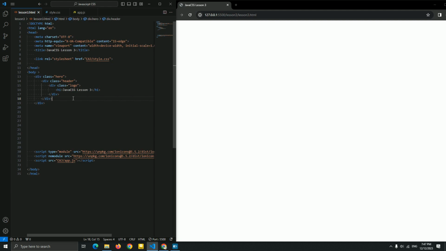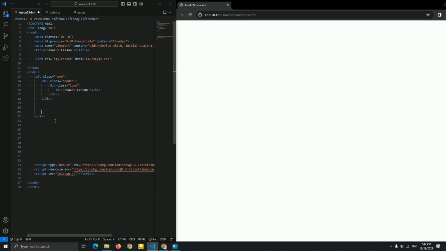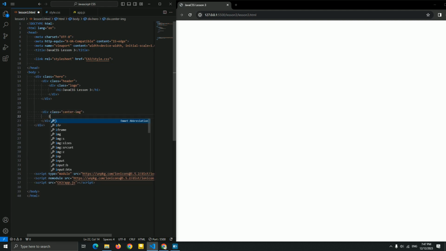Now first let me tell you what we're going to add. First I'm going to need an image and a text or a link to click on. So first let me add a center image as always, because we want this image centered, and I name it a simple name, just like I said, center image. And now let me add the image.